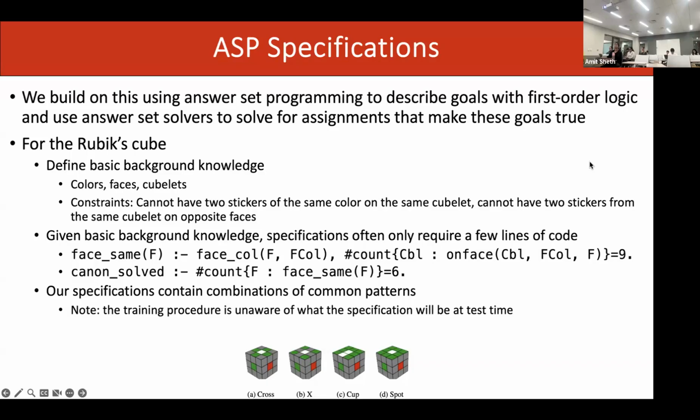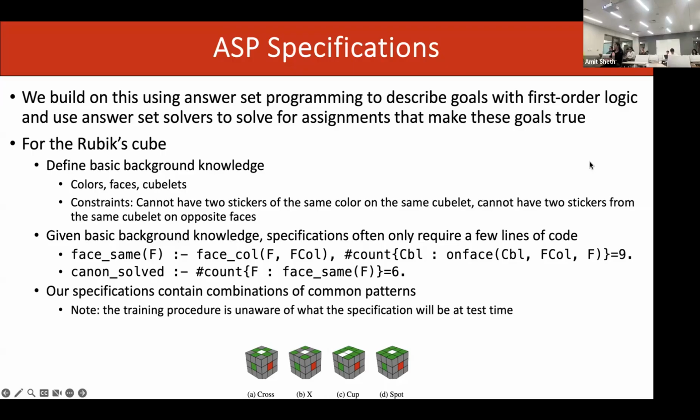I won't go too much into the details of answer set programming, but the reason we use answer set programming is we can define properties about a problem using only a few lines of code. So for example, if I want to describe the canonically solved Rubik's Cube, I can say for all 6